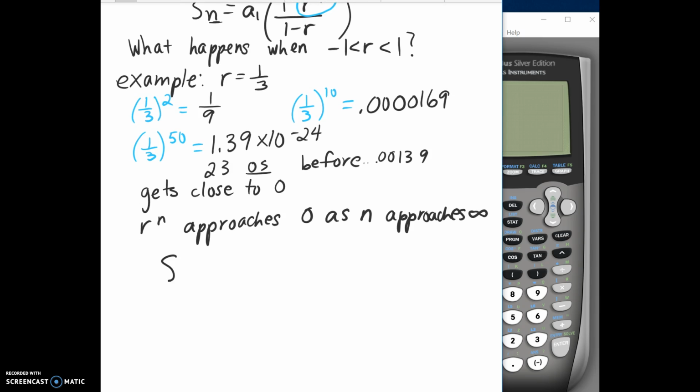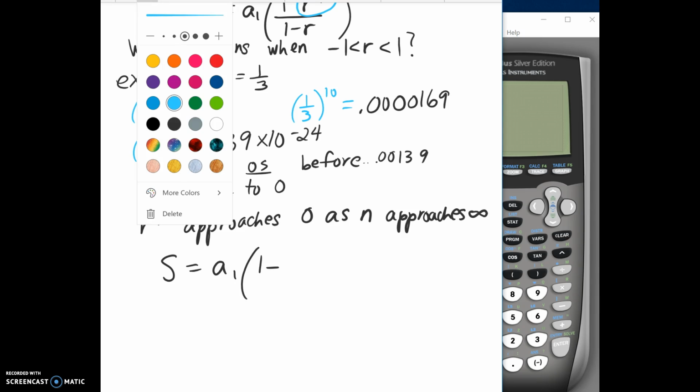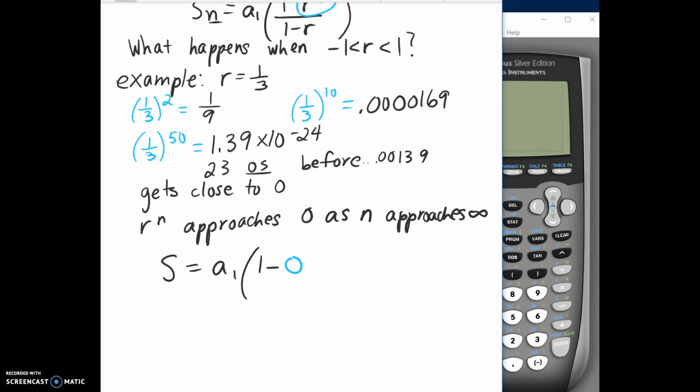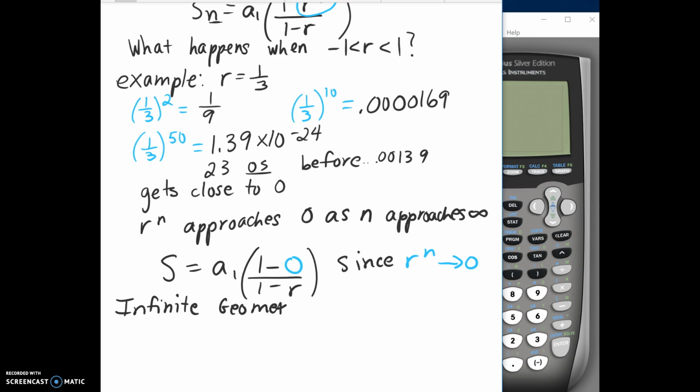So I'm going to replace in this formula the r to the n with 0, since r to the n approaches 0 in this specific case. And therefore the infinite geometric sum formula is S equals a1 over 1 minus r,